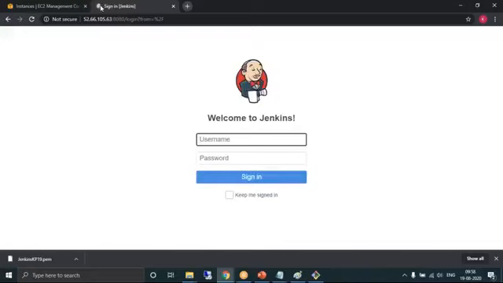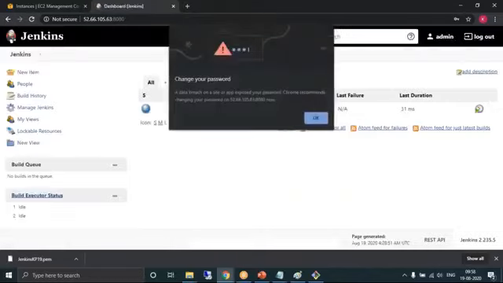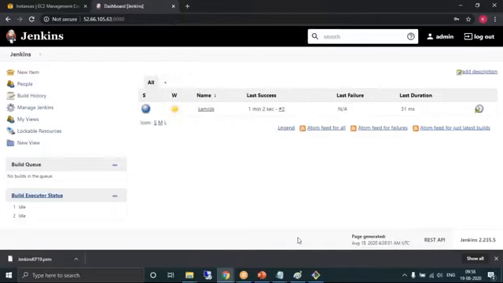Now you'll get the login page. We already have created a user. Do you remember the name of the first user is admin? The password is also admin. So if you sign in, you'll be signed into the dashboard of Jenkins. Clear about this? So this is how we need to install Jenkins.